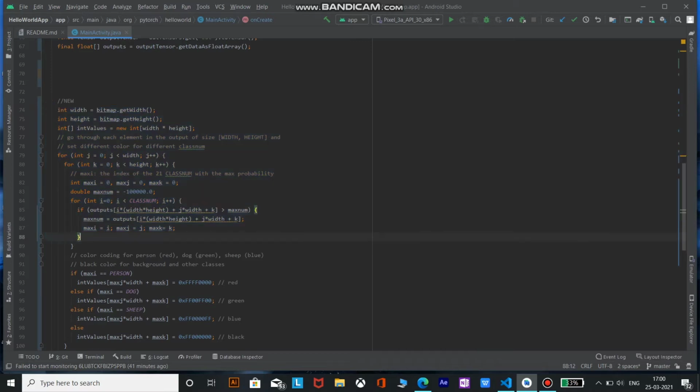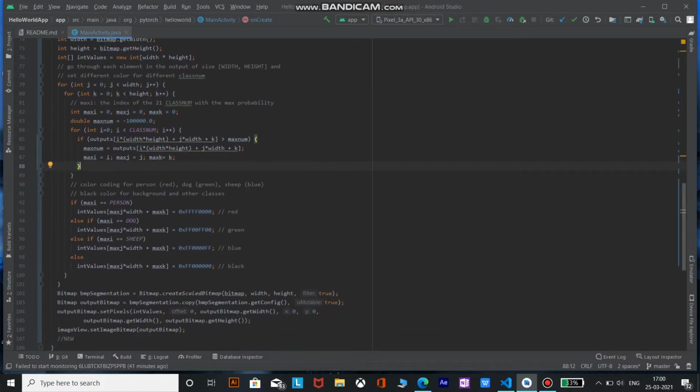Okay, now after we get the value of max i, max j and max k, we set the conditions. Three conditions are person, dog and sheep, because our deeplab image consists of a person, dog and sheep. So we will use these three classes as our standards.